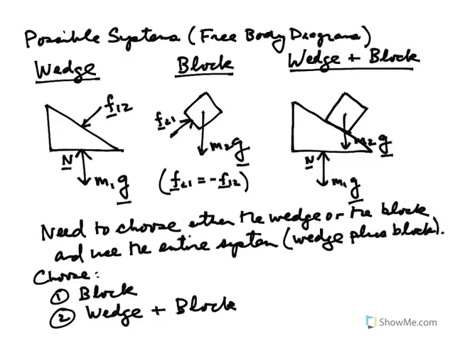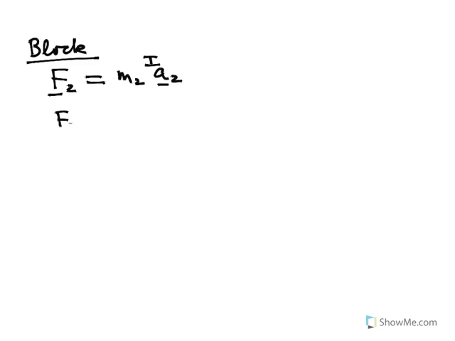So let's look at the forces that are acting on each system. Let's look at the block. So we know that the force acting on the block has to equal the mass of the block times the acceleration of the block in the inertial frame. The force acting on the block, that's F2. This is the force on the block,